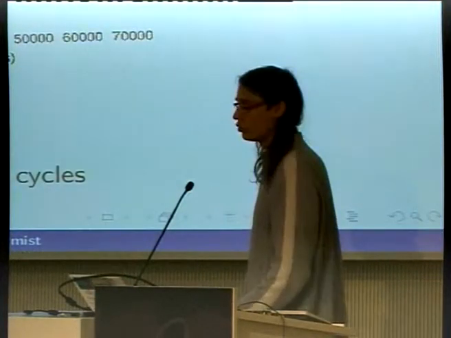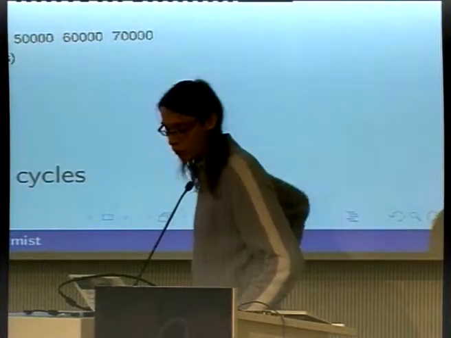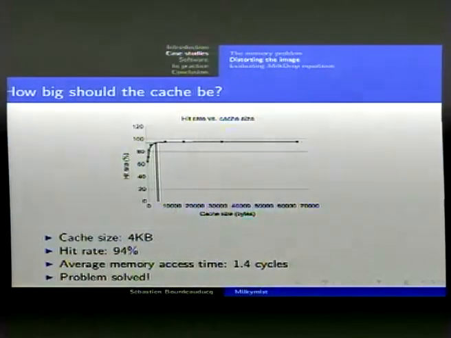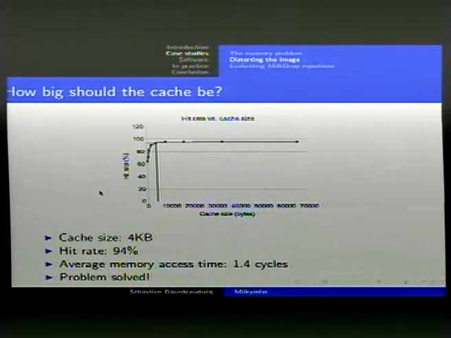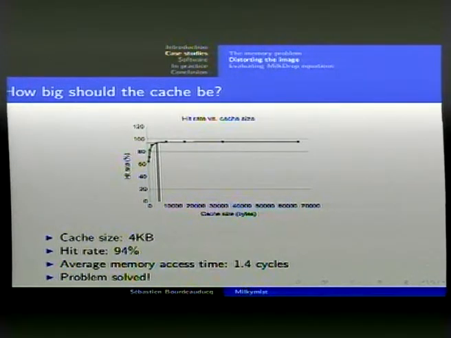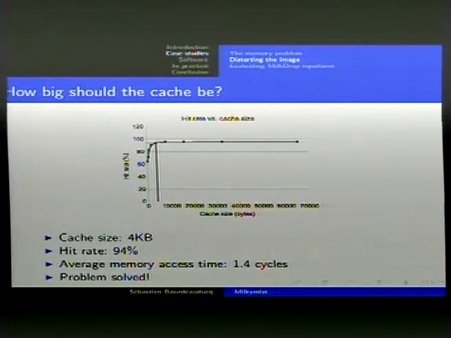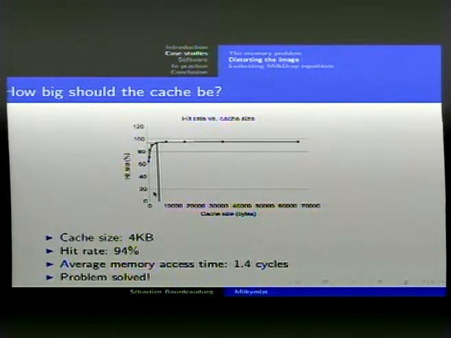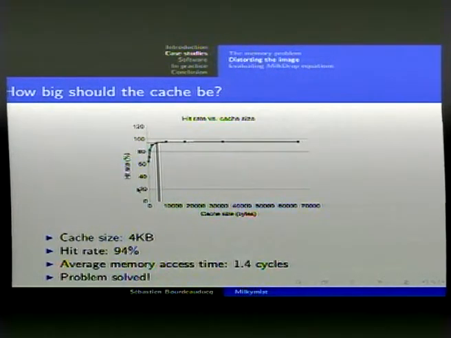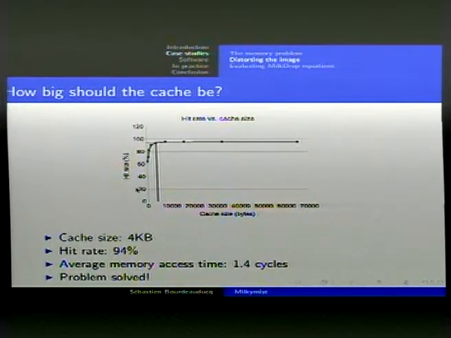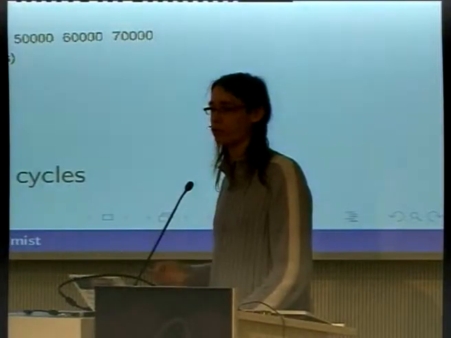So I have done some simulations of the design. I have completed the design of the texture mapping unit including a cache, and I have done some simulations on real cases. I have taken some sample maps from MIGDrop, and I have put them in the simulation. I have run the simulation for a few hours, and it ends up with this graph. Here you have the cache size in bytes. Here it's 10 kilobytes, 20 kilobytes, etc. And here's the hit rate. The hit rate is the percentage of pixels which are served by the cache. So when you have a cache hit, it takes 1 cycle. Otherwise, it takes like 12.